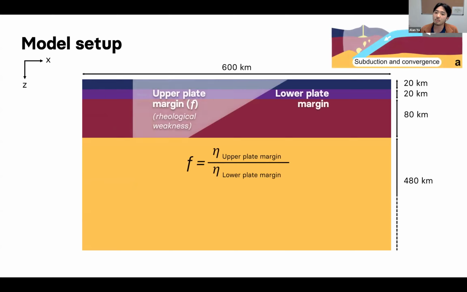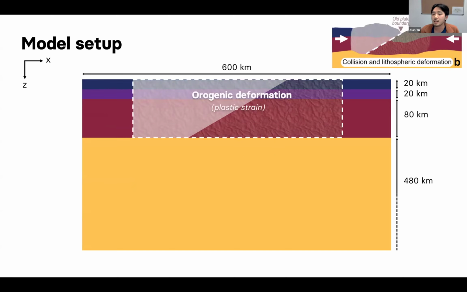To simulate the weakness left by the previous subduction, we scale the viscosity, which here we represent as the rheological weakness that's left by the previous subduction within the upper plate margin, by this factor F. This factor is simply the ratio of the viscosity of the upper plate margin compared to the lower plate margin. To simulate orogenic deformation from the previous Wilson cycles, we prescribe a zone of randomly distributed